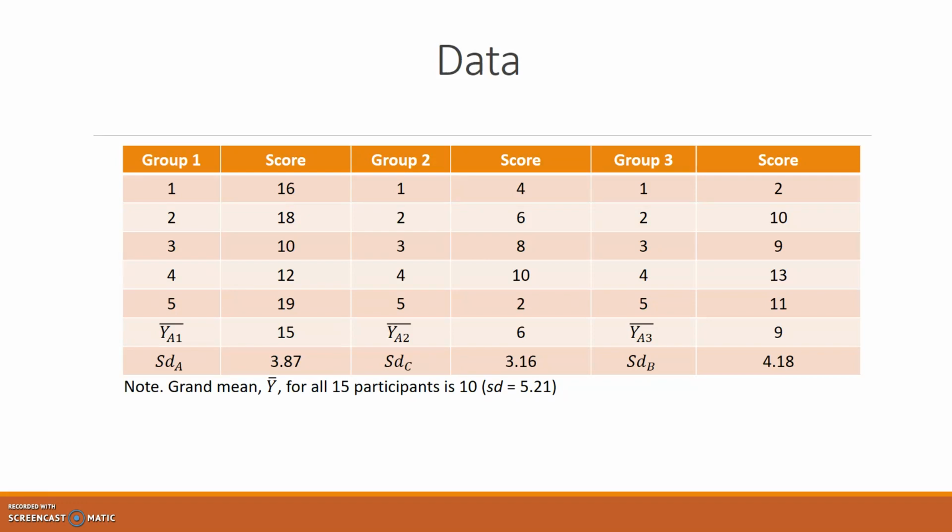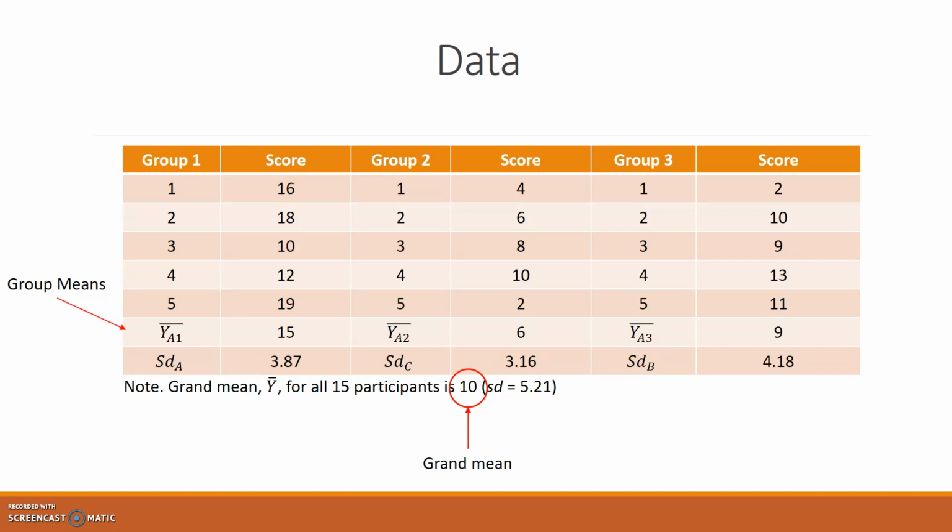And so just tentatively, we can see that it looks like group 1 outperformed group 2 and 3. Group 2 and 3 have fairly similar scores, with group 2 with an overall average of 6 and group 3 an average of 9. Those are what we'd call the individual group means. We can also calculate the overall grand mean for all 15 people, irrespective of the group they were assigned to. If we add up all 15 scores and divide by 15, the grand mean is 10, with an overall standard deviation of